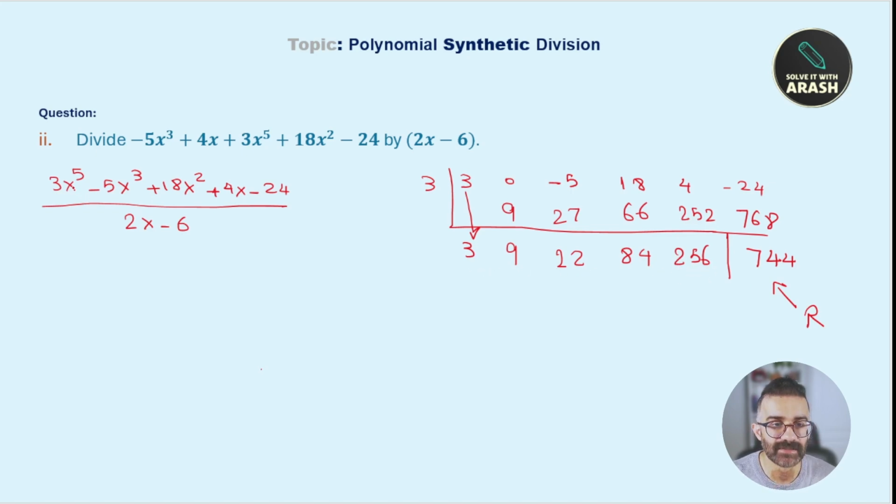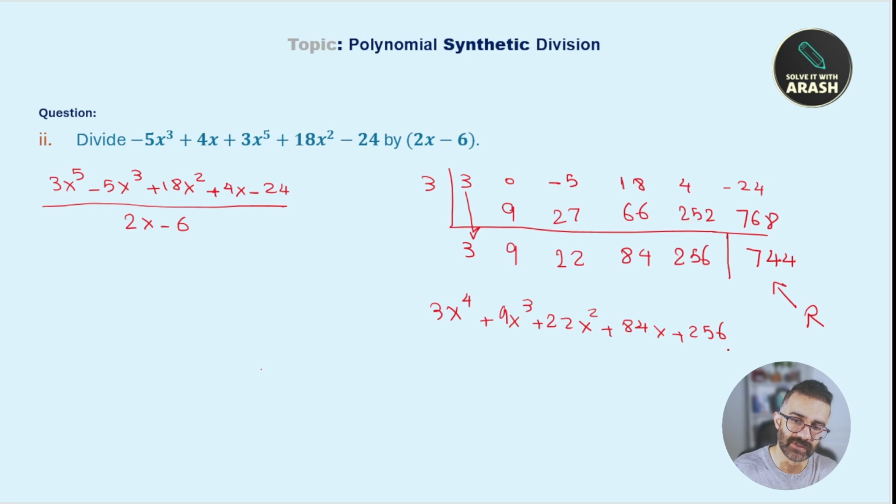Since the dividend has a degree of 5 and we divided it by a polynomial of degree 1, the quotient must have a degree of 4. So the leading term has a degree of 4. That means the divisor has a leading coefficient of 2. We need to divide everything in the quotient by 2. So the final answer is going to be